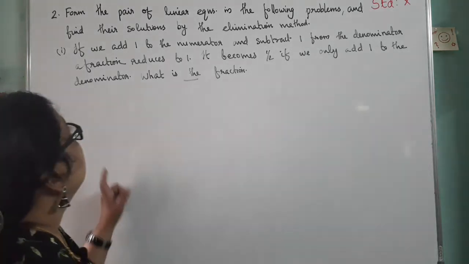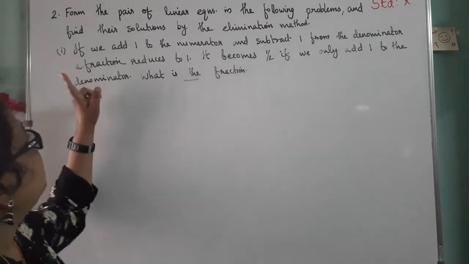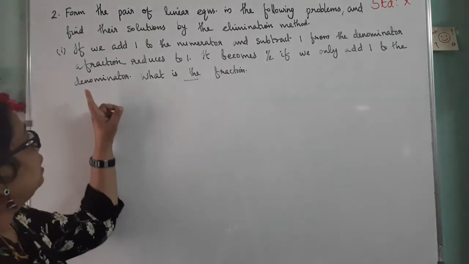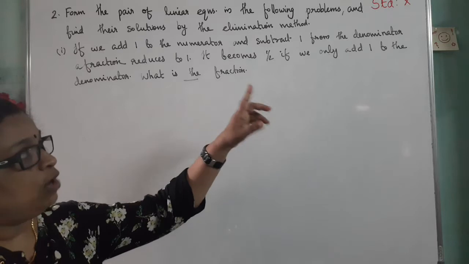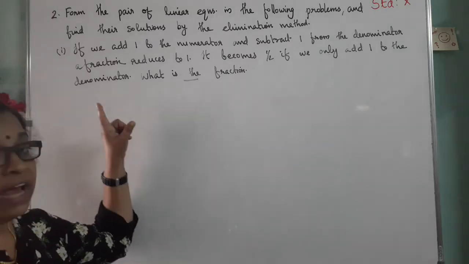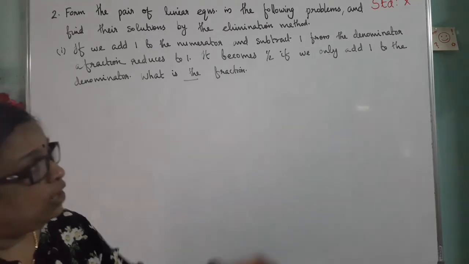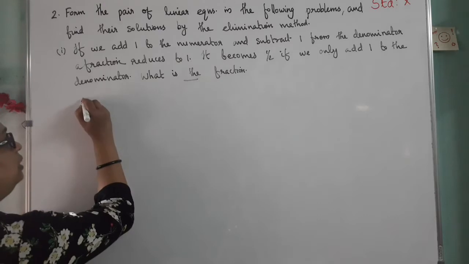Second question, form the pair of linear equations in the following problems and find their solutions by the elimination method. First part: if we add 1 to the numerator and subtract 1 from the denominator, a fraction reduces to 1. It becomes 1 by 2 if we only add 1 to the denominator. What is the fraction? So let